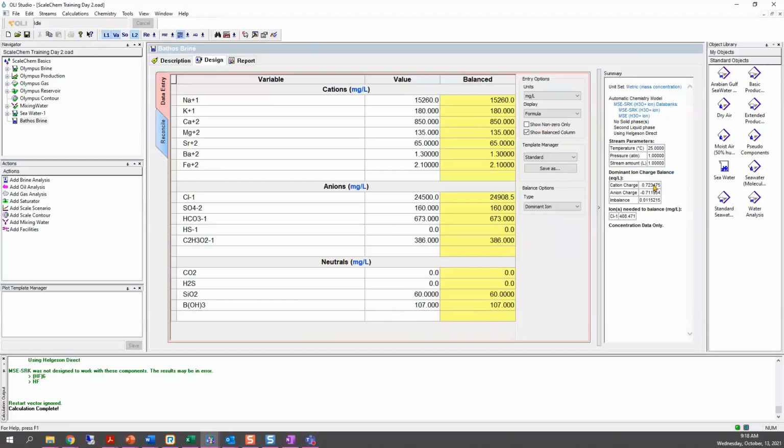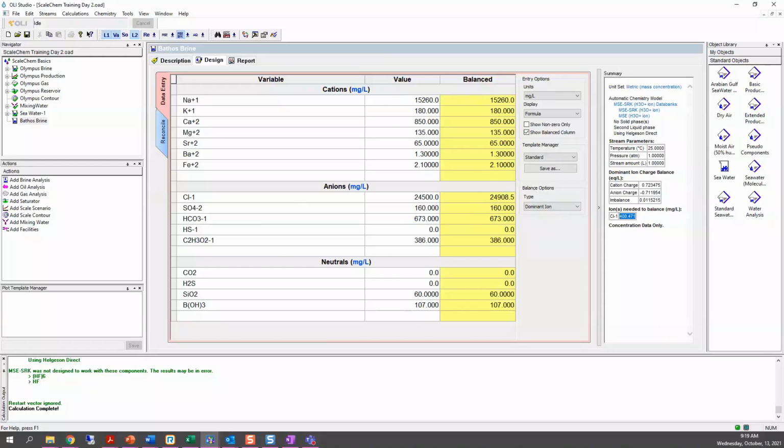The cation charge and the anion charge were calculated, and there is a positive imbalance. When we have a positive imbalance and have selected the dominant ion balance option, the software calculates that it needs to add 409 milligrams per liter of chloride to reach electroneutrality.